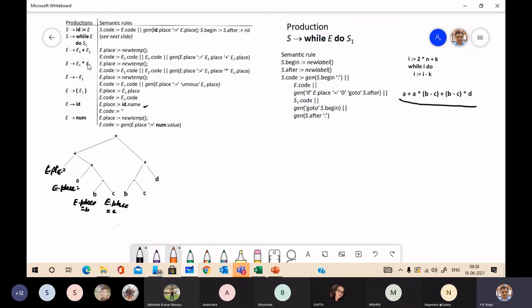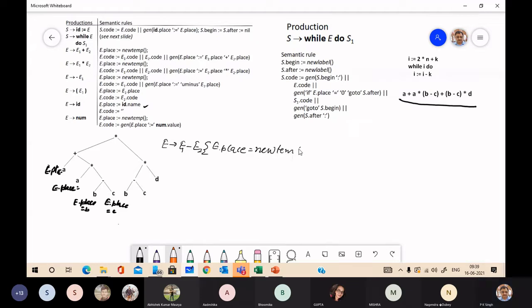The production is E to E minus E, and the action is this: E1, you may write E2. E place is new temp.